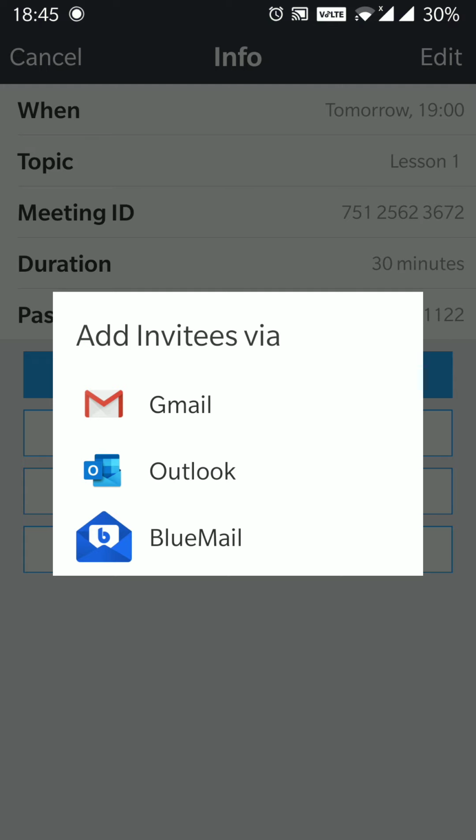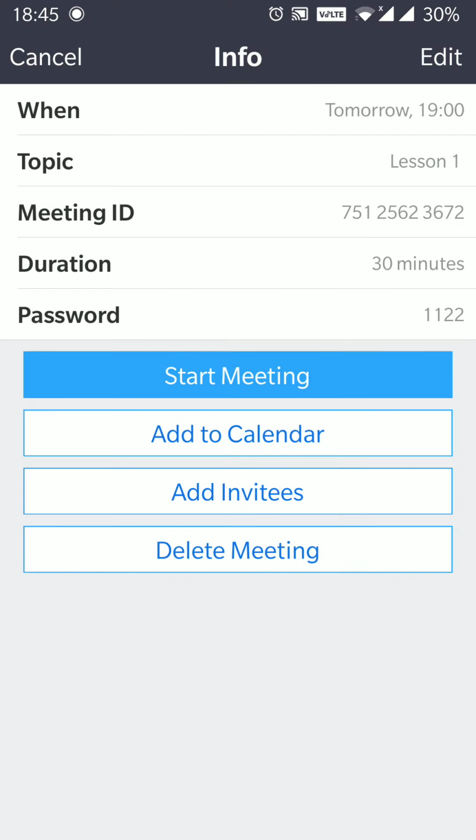There is no option to share it on WhatsApp as of now. It is only emails. So we just cancel out. So there is a meeting ID. It is very different from the ID that was generated. So here the meeting ID is very different, which is very good. So each time you get a different ID.